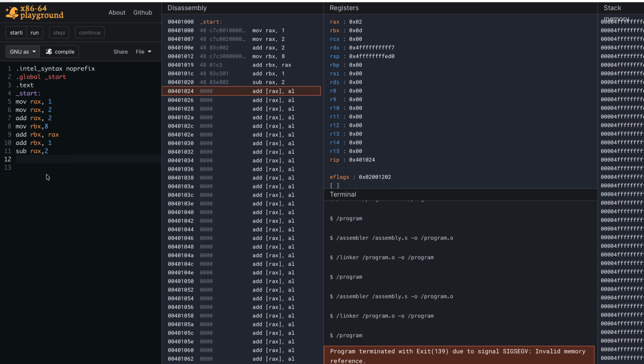Now, interestingly enough, we can also increase. We can also increment. All right, so we can do increment and